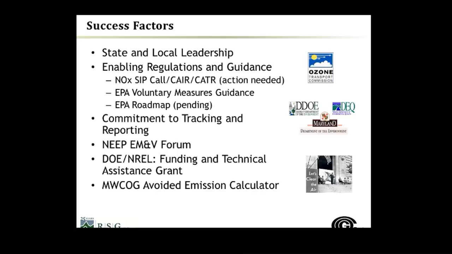One last note, moving forward, I think it's going to be really imperative that EPA include policy in the upcoming Clean Air Transport Rule that will enable states to retire NOx allowances. This is a mandatory requirement that really needs strong EPA leadership to make sure that that particular aspect of our program is on solid ground. So that really covers what I have to say in terms of background, so I guess I'd turn it over to Colin High.